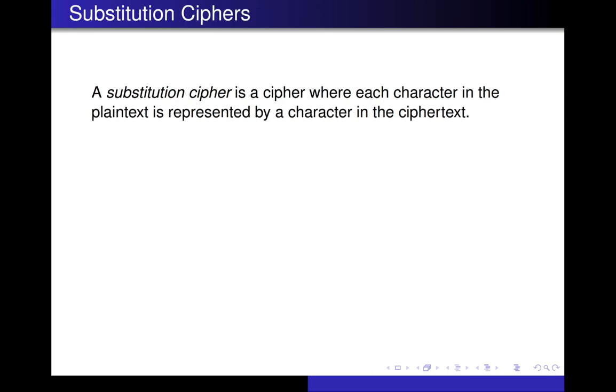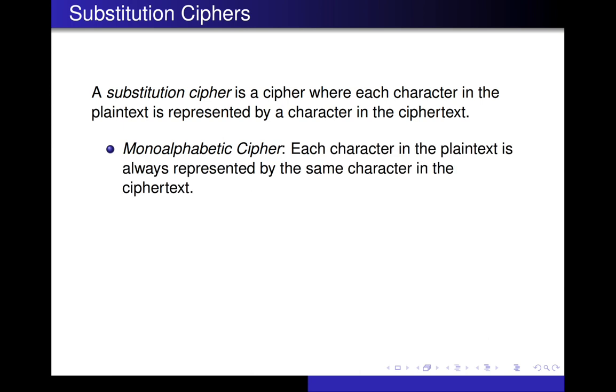All right, so let's start off by defining what a substitution cipher is. All it is, is a cipher where each character in the plain text is represented by a character in the ciphertext. So the ones that we are most familiar with are the monoalphabetic ciphers, and those are the ones where each character in the plain text is always represented by the same character in the ciphertext. So for instance, if you were to run into a ciphertext and you had an R in two different places in the message, we may not know what letter R represents,